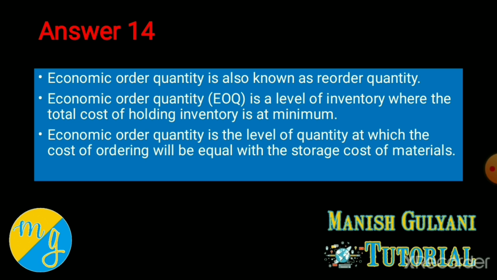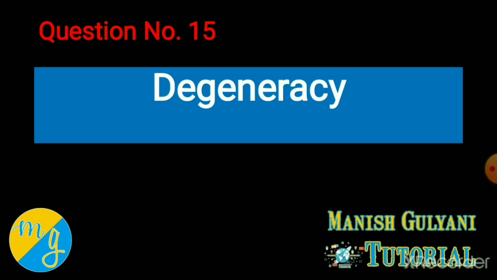So what is EOQ? EOQ simply means where your total cost is minimum. Means when your ordering cost is equal to your carrying cost. So that point is known as the EOQ method. So in detail, watch the video of EOQ. Now